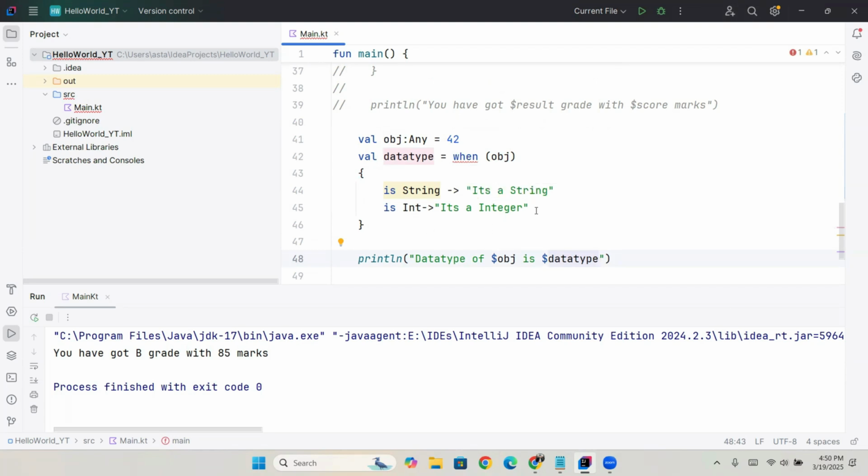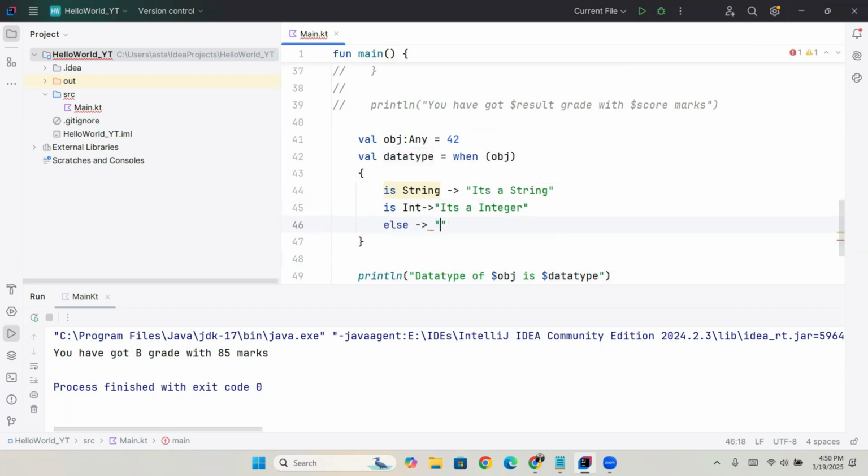And here you have to use the else statement also, and here we are saying "don't know". So let's run it and see what is the output. So the output is data type of 42 is integer. So when I will assign here